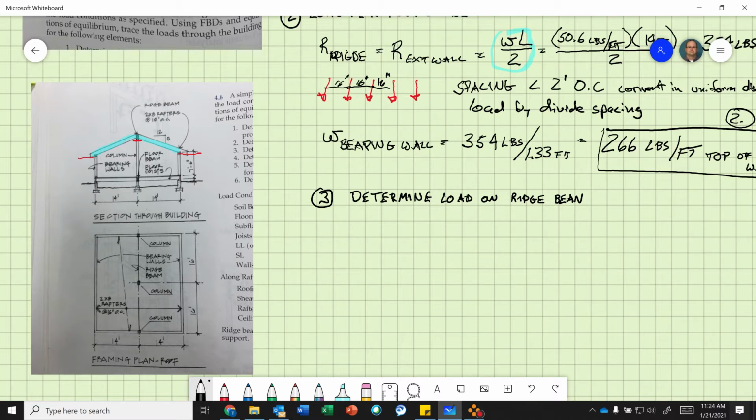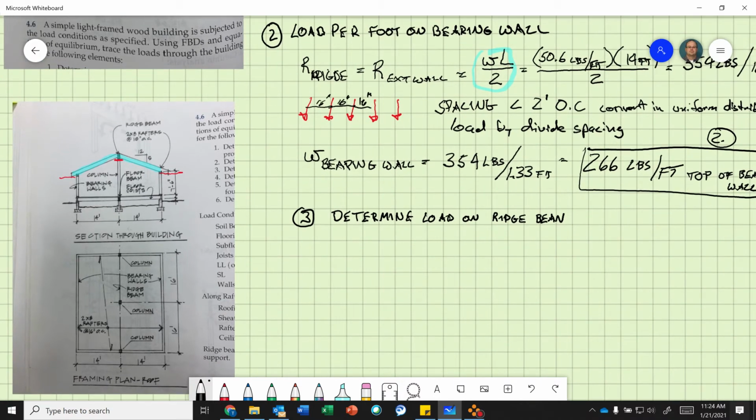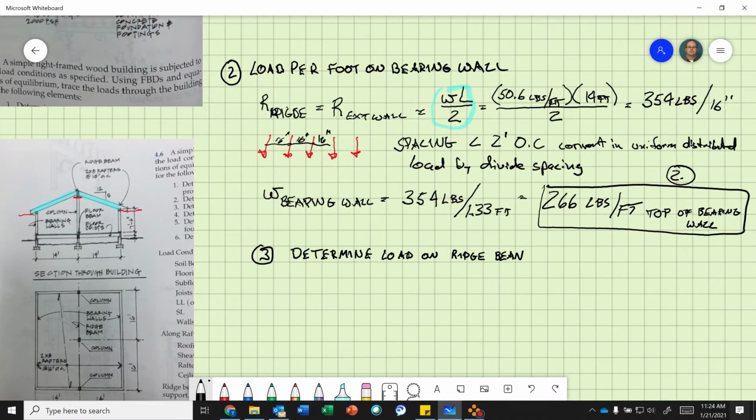So if we look here, this is uniform. So I have a reaction here, and another reaction, and a reaction. So this reaction of 354 pounds, if I draw that in here,